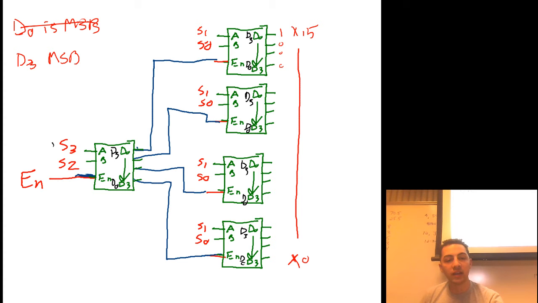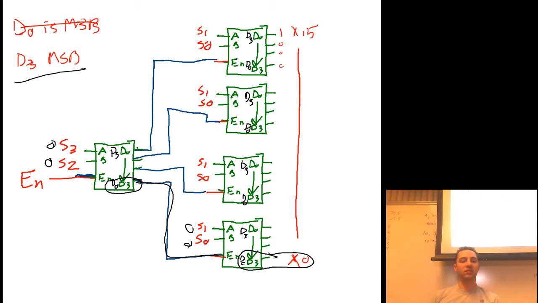Because if I put in a 0, 0, with the idea that D3 is the most significant bit, D0 would be activated, which means that guy would be enabled. And then if I put in the other 0, 0 here for the 4 bits, oh no, yes, that would still work. It would activate this input, which is connected to X0. Activate that output, which is connected to X0. So, yes, there are multiple ways to answer this question,